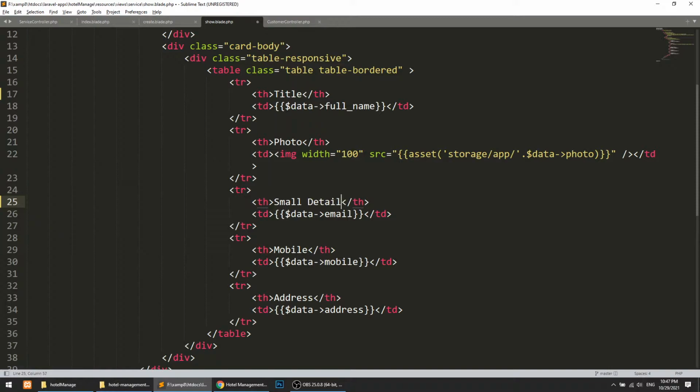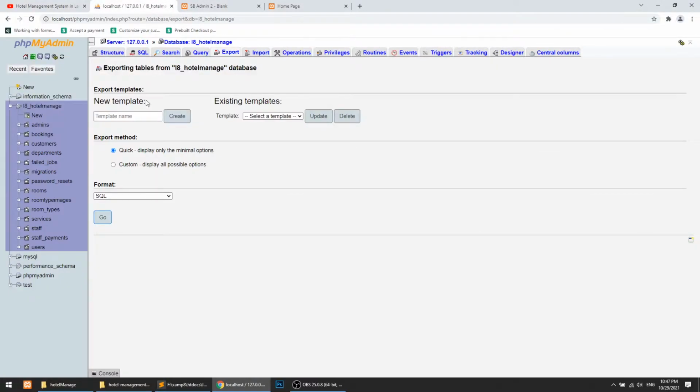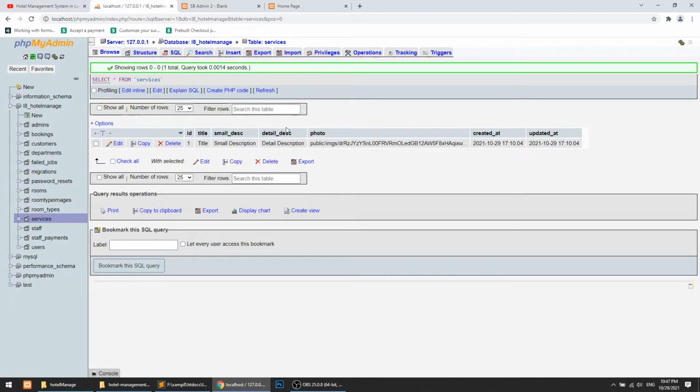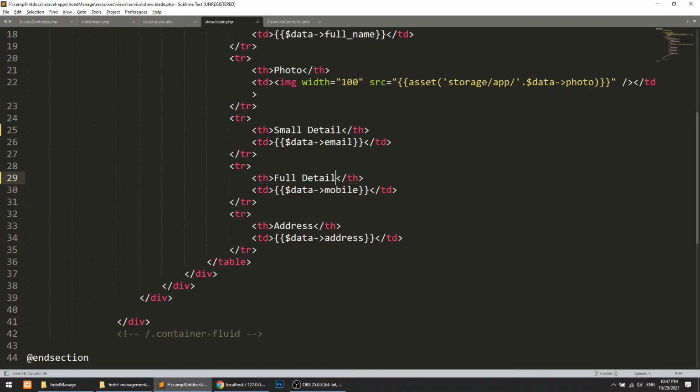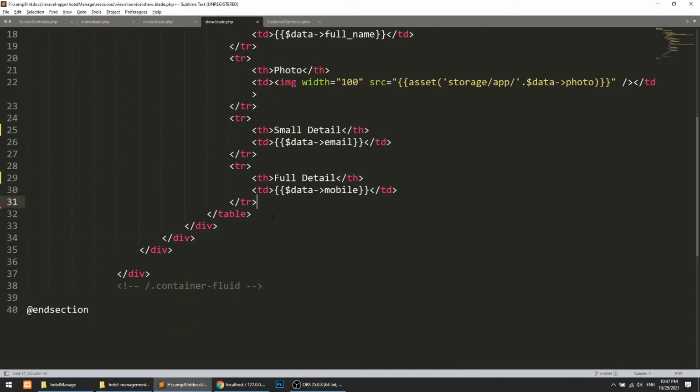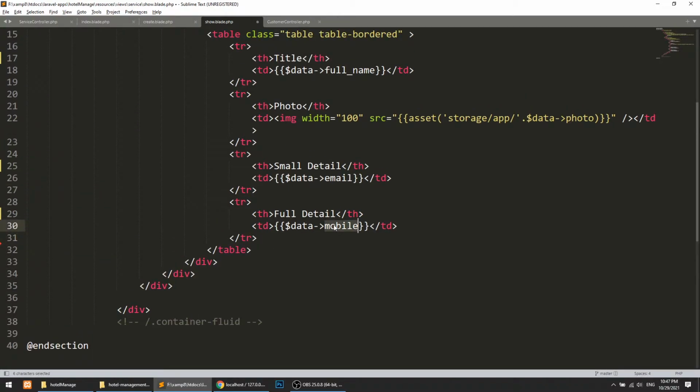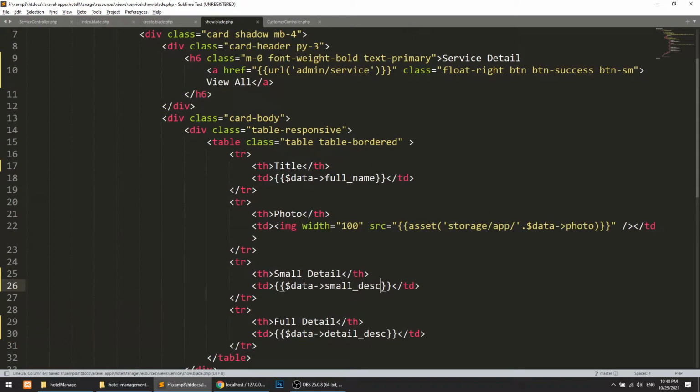We have a small description and a full detail, so we have the detail description field, the small description field, and the photo as it is. So this is our show page.